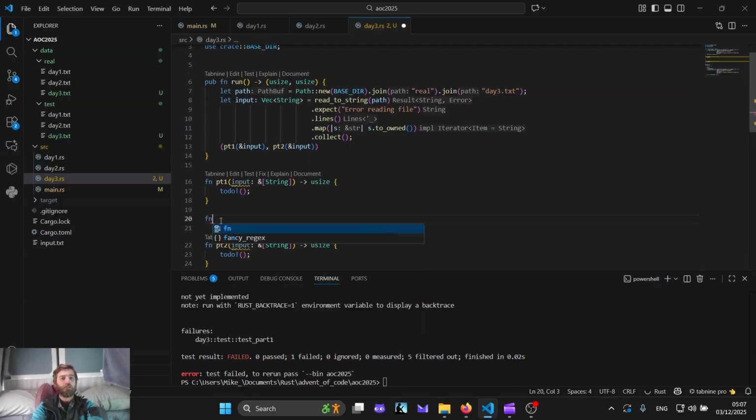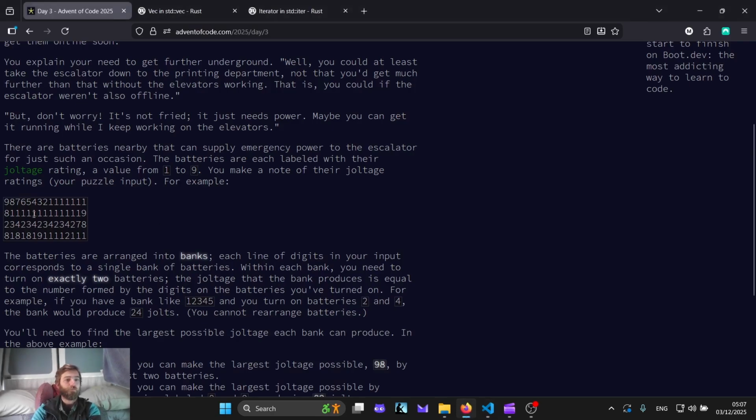I think part 1 needs to be, well, first off, we need to find the maximum value in the line, and we need to find the first instance of it, because with the exception of this case here, the maximum value will always be the first digit, the tens digit. Now this case is a special case that we're going to have to think about, so it's worth thinking about now. If the maximum value is the last one, then you need to find the first instance